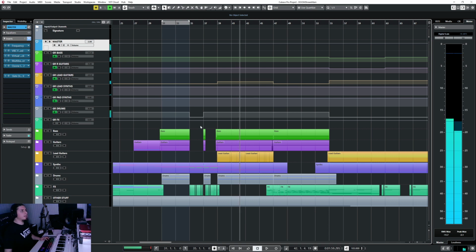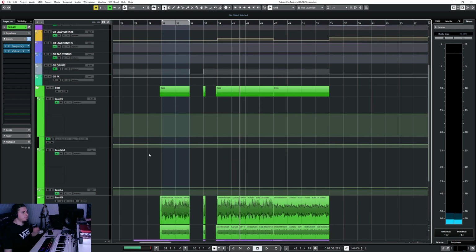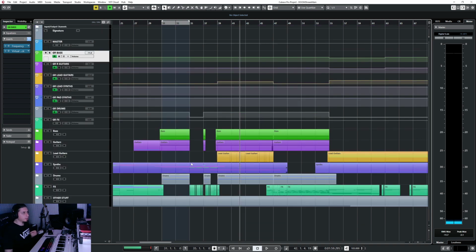There's also stuff that I think is sitting where the low end of the kick should be, but I still distinguish the kick pretty well. Okay, so I think my mix is okay for now. And on my master, we roll back the gain a little bit to give a bit more headroom, so that when we have dynamic content and booms and our kicks and our snares, they